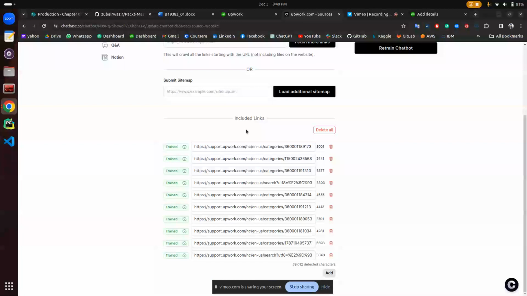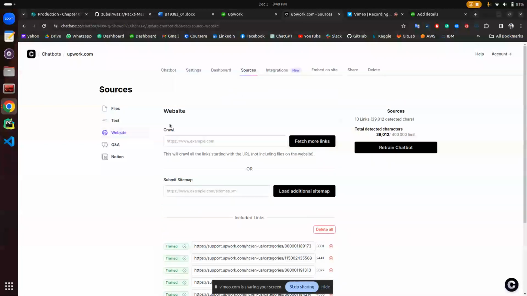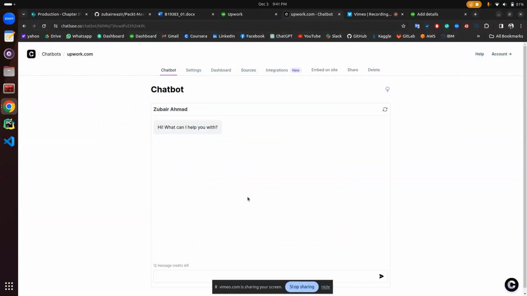the concept behind it is that after fetching the data, it will train the model based on your data given. By the way, you can also give data in XML or CSV form on the data set. Here you can give the link of it, and after that, when it's well trained, then you can use the chatbot. So this is the chatbot I just created, and